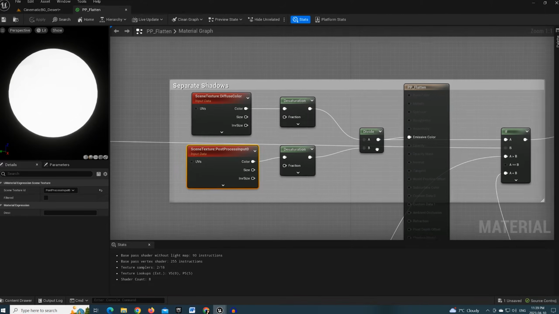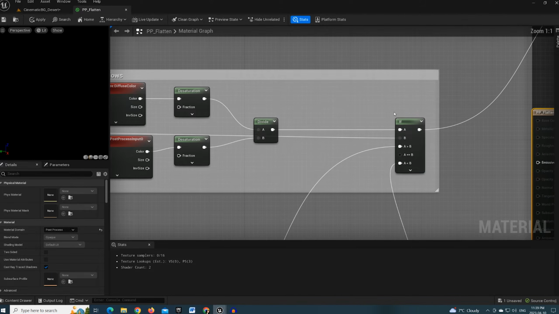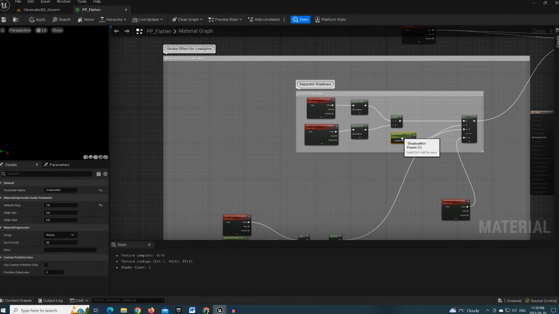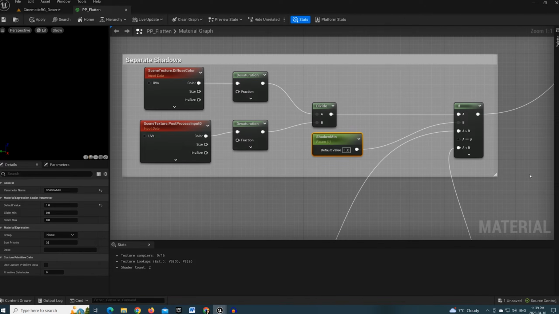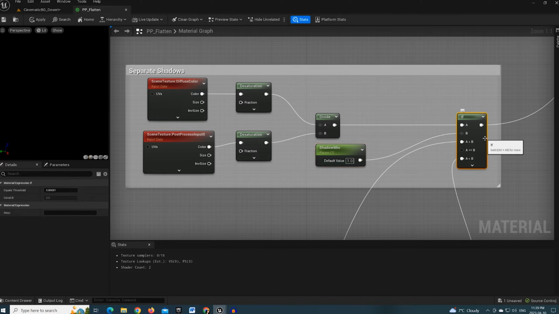darkness. Now the cool thing about post-process materials is that you can have conditional statements like this if statement here that can determine what to display or what to do with a pixel based on the data. So what I'm doing here is I'm taking the shadow map, so to speak, and I'm plugging it into this input A. And now I also have another parameter which I call shadow min, which is my input. So what's happening is it's checking the intensity levels of these shadows. And now based on that, it's either going to do one or two things. It's either going to do the diffuse color, which is just the really flat version of what you see,